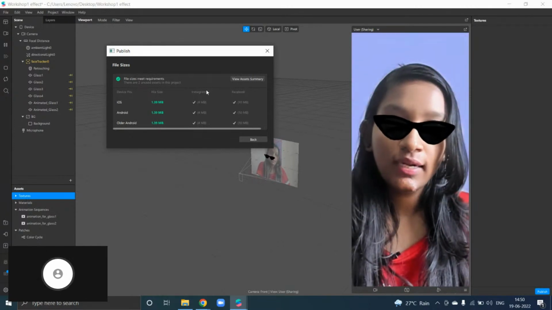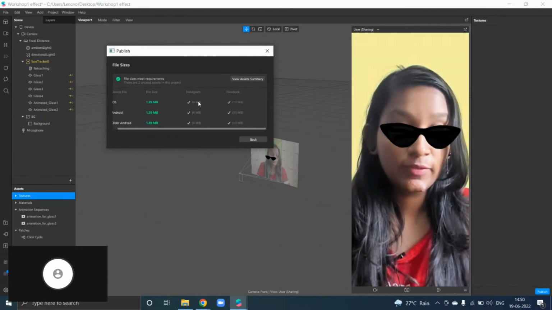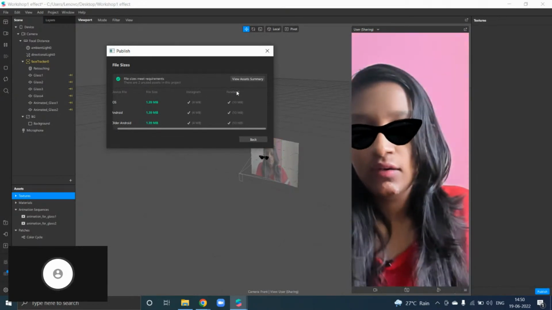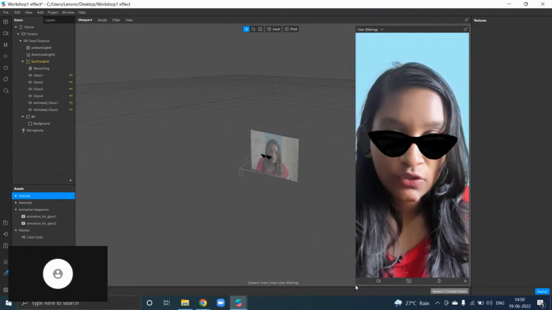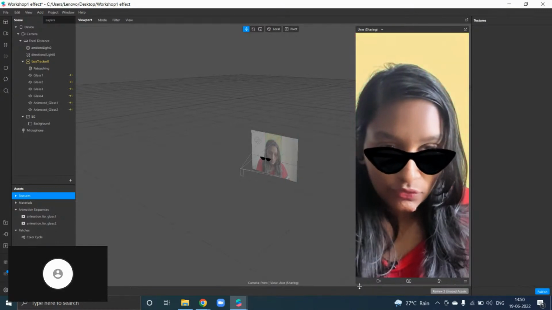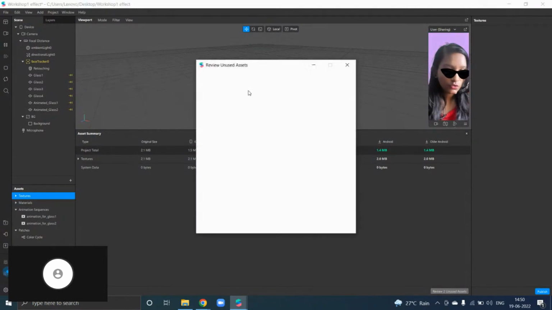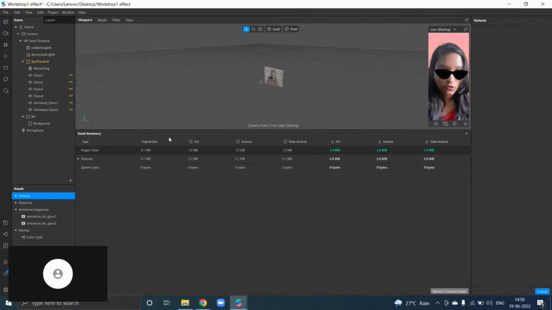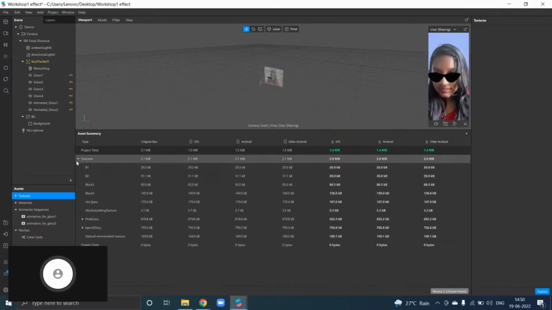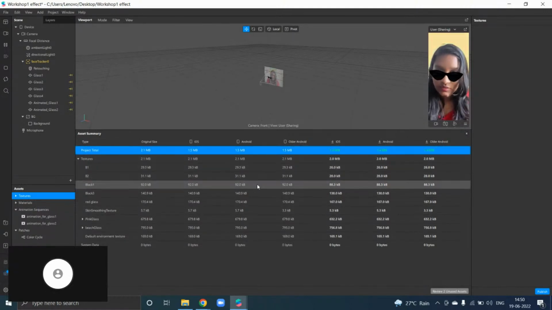As I mentioned, for Instagram you need to take care that it should not exceed 4 MB. That is the file requirement. And for Facebook, it should be 10 MB. If you want to see your asset summary, you can click it over here and open this. It always shows you whatever assets you haven't used. Instead of letting your files get bigger, you can just remove them from here if they are extra. Now you can see these are all my textures, and the project is a total of